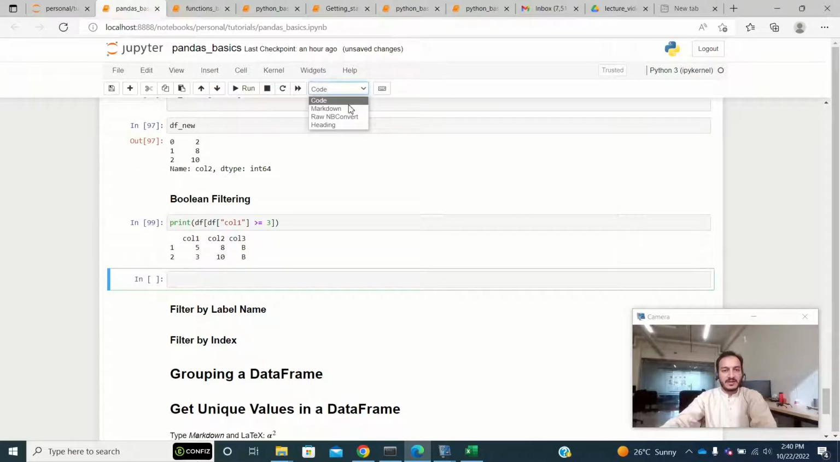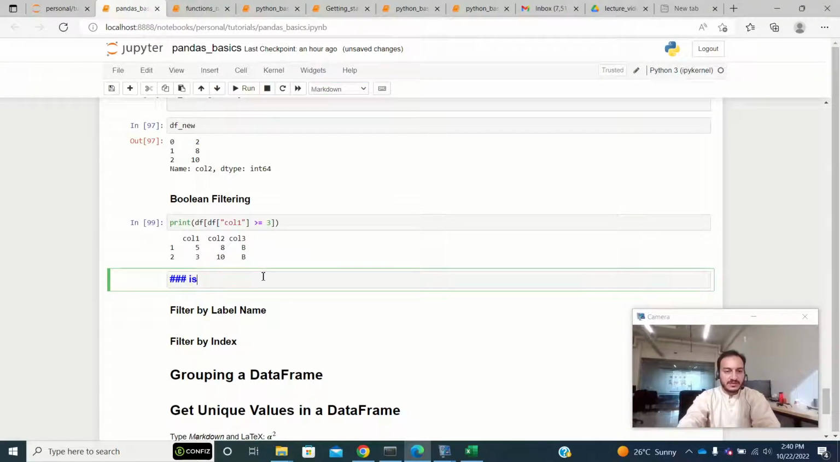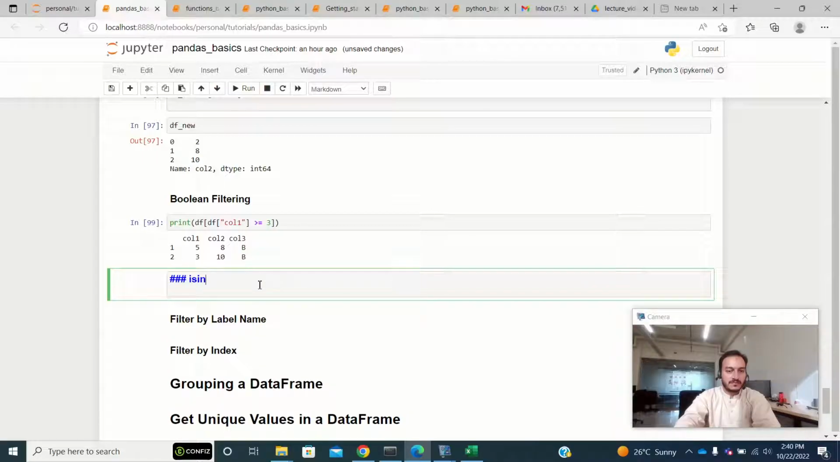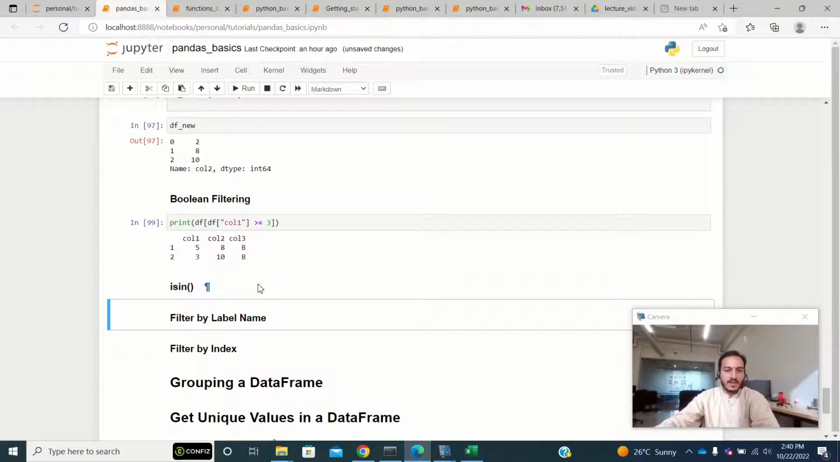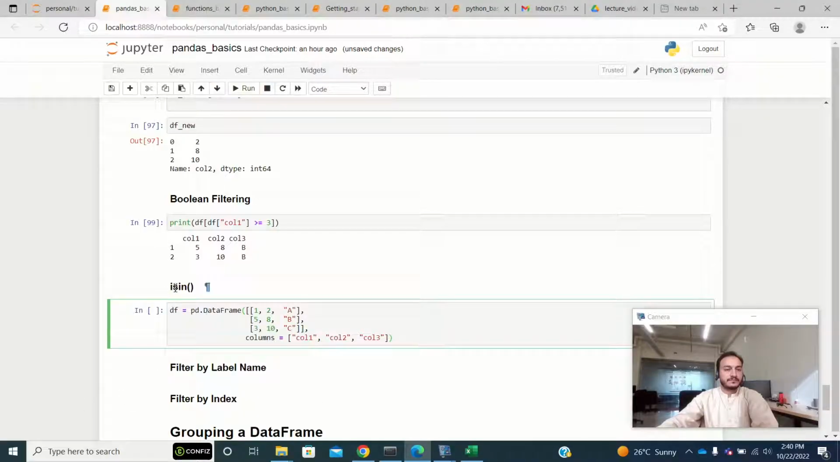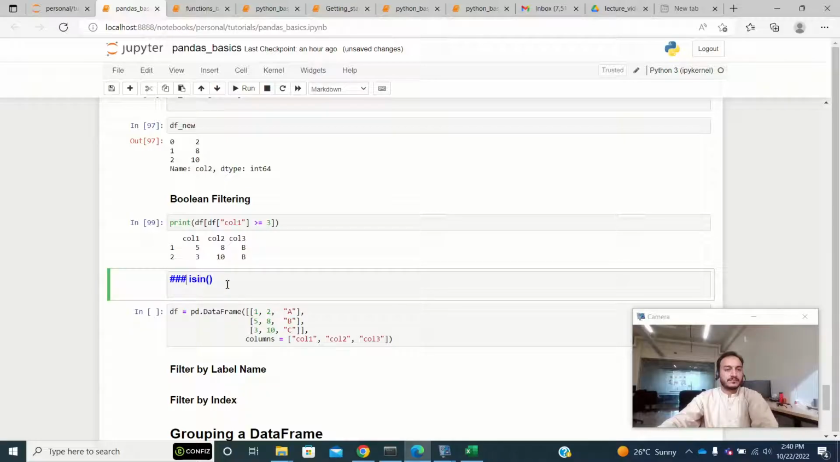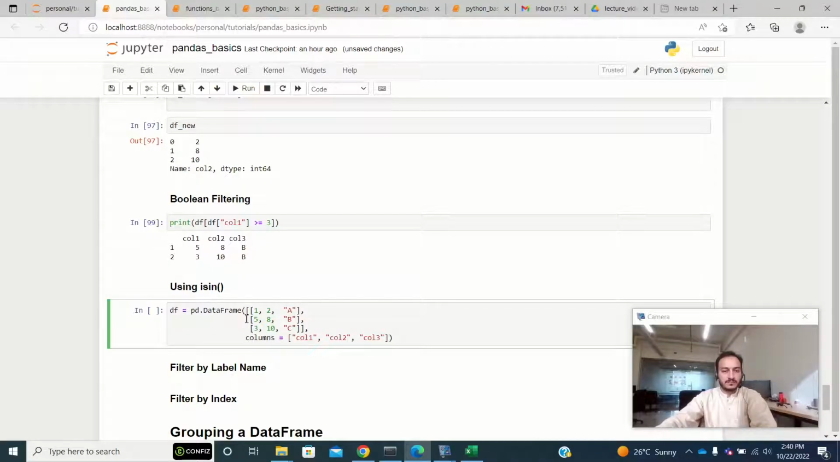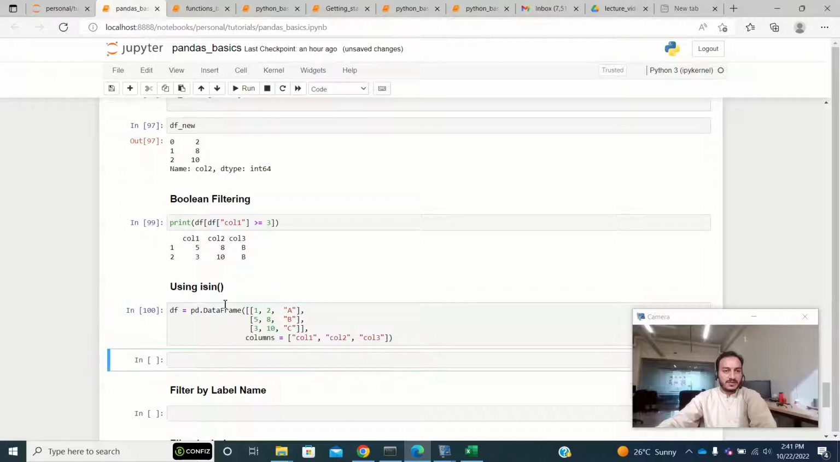Now there is another technique within the Boolean approach, that is isin. Okay, let me create some other column, a new data frame. So if you want to see the data frame,